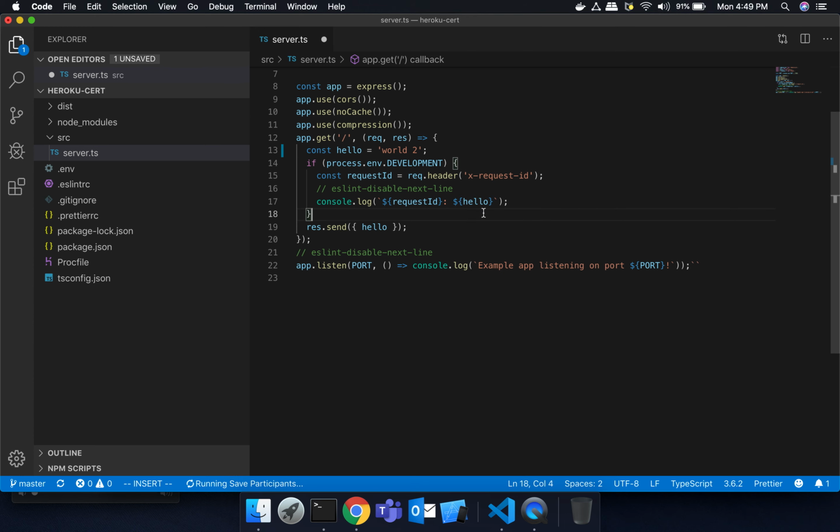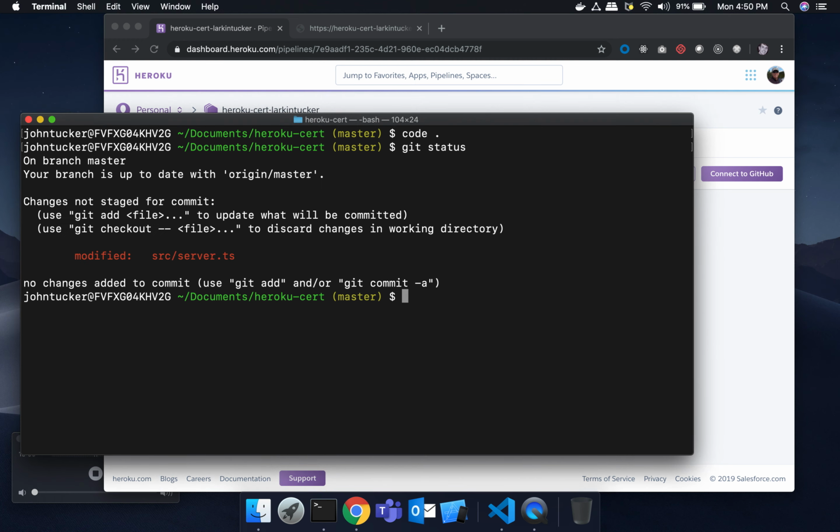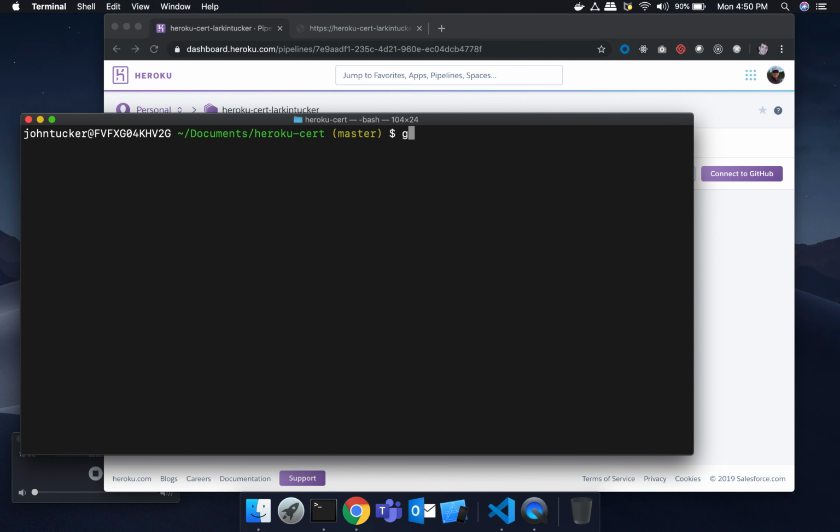Okay, so I got hello world 2. And now, if I double check my remotes, I'm tied to staging. So if I do git add all, git commit 2,